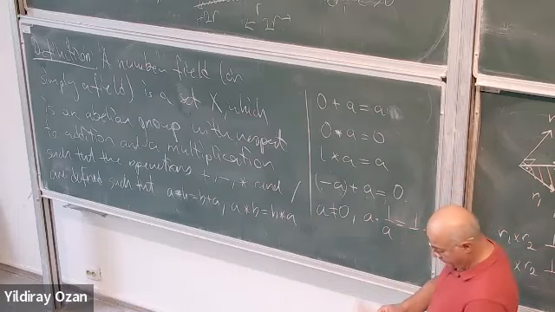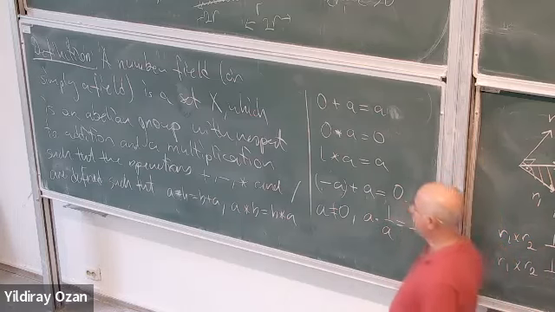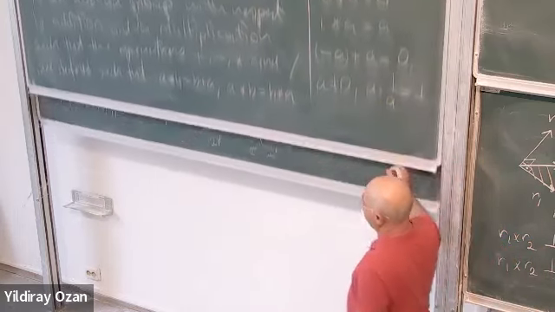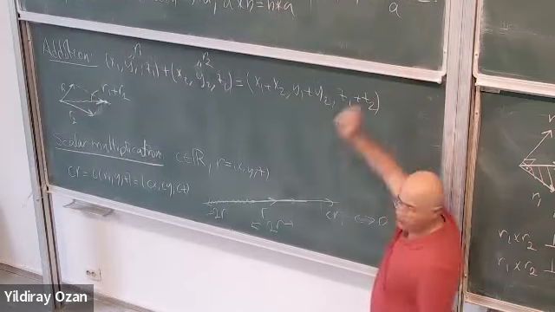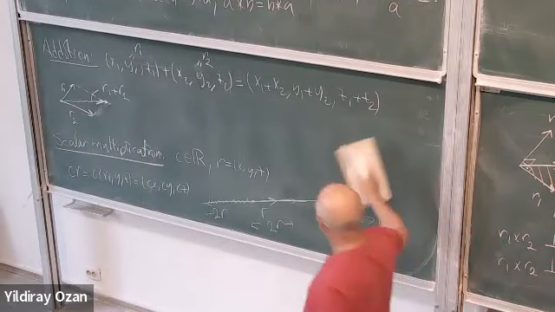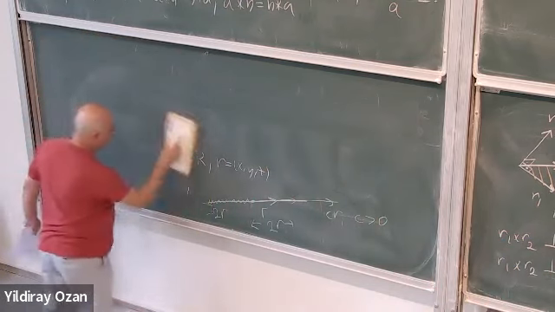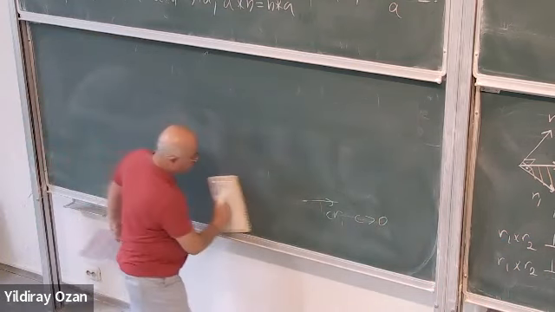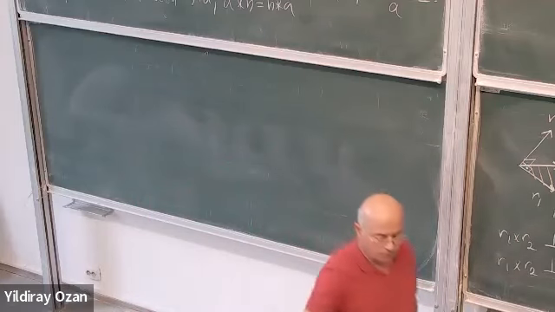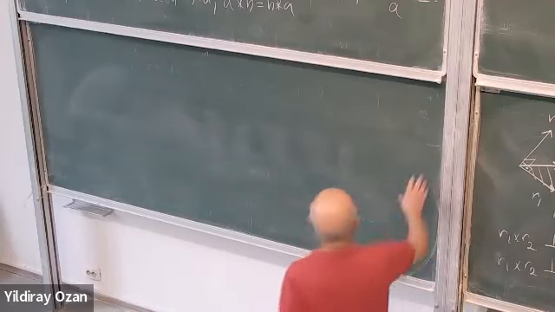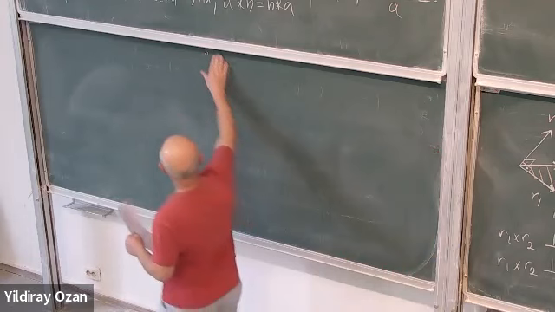So a field is basically this. Okay, you have two operations. Both operations are commutative. Addition and multiplication, and of course they have also these operations are